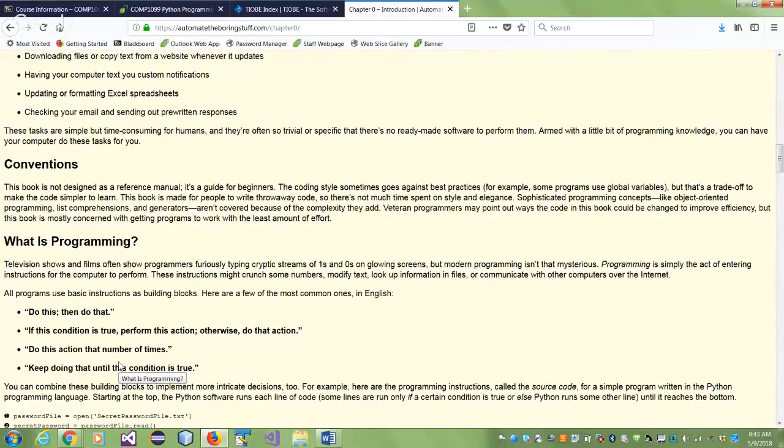What is programming? We all know what is programming. Programming is nothing but a set of instructions that is given to a computer, and the computer just follows those instructions like a dumb machine and does exactly what you tell it to do. It doesn't understand any programming language, whether it be Python, Java, or C++. It doesn't understand a language. All it understands is machine language, zeros and ones. Machine language is made of zeros and ones because the computer memory is nothing but bits. The smallest unit is a bit, and a bit stands for binary digit, a 0 or a 1.